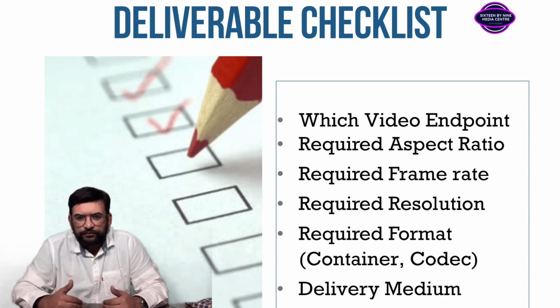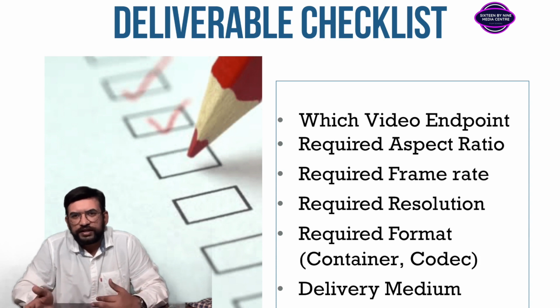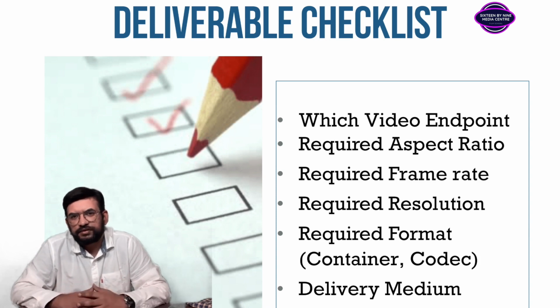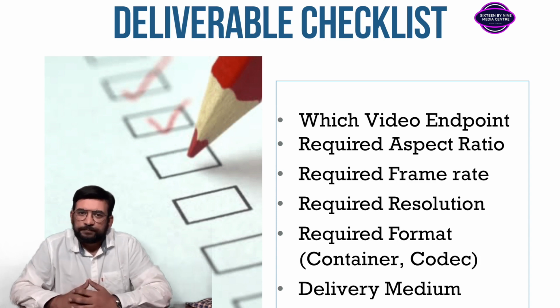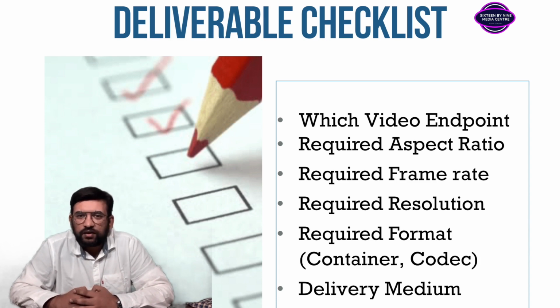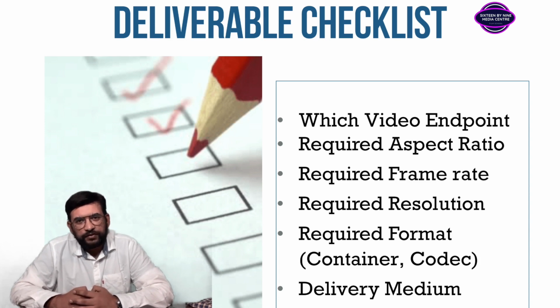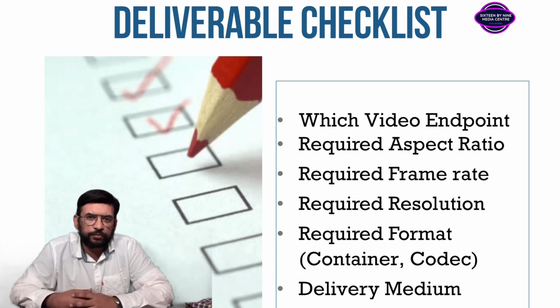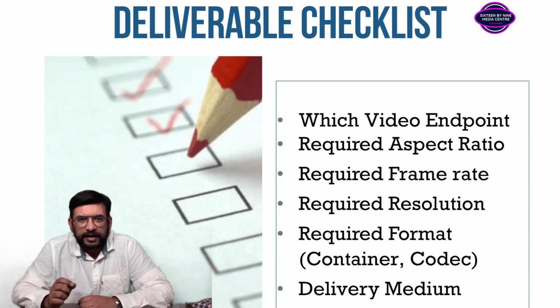So they have shot it in 4K. Do they want 4K or do they want 2K? They have shot in HD; they don't want full HD, or they want 720p. Right? What is the required resolution of that file? Then of course you need to ask what the format is. We know format is a very common word. Anyone in the video production industry can use the word format. But video editors know that a format can be a container and a codec also, or both.